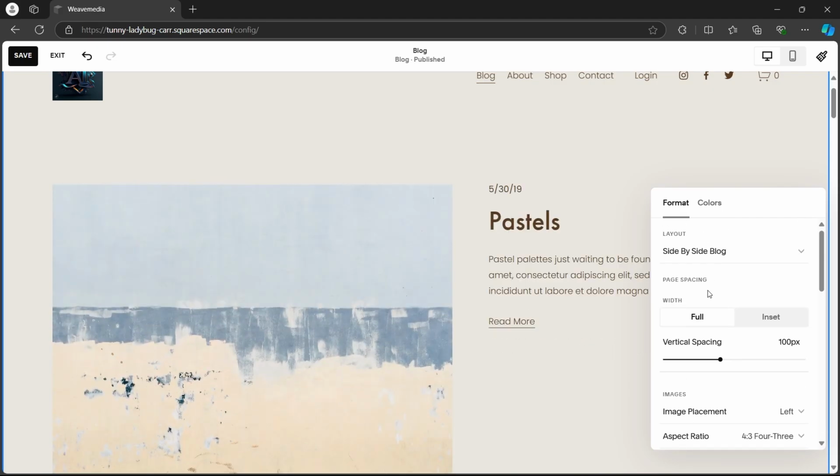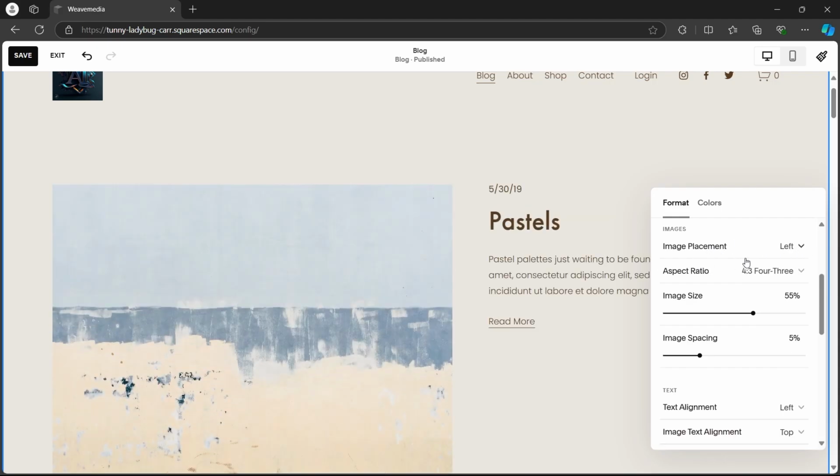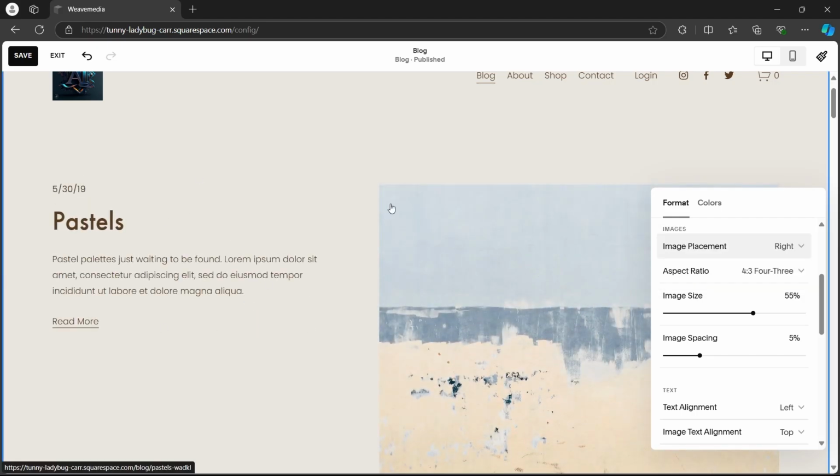So you can choose whatever you want and navigate to the page spacing section. Here you can choose the width, whether it's going to be full or inset. Scroll down and click on Image Placement. You can choose whether you want this image for your photography website to the left or to the right. If you choose right, the text will appear to the left and the image will be on the right side